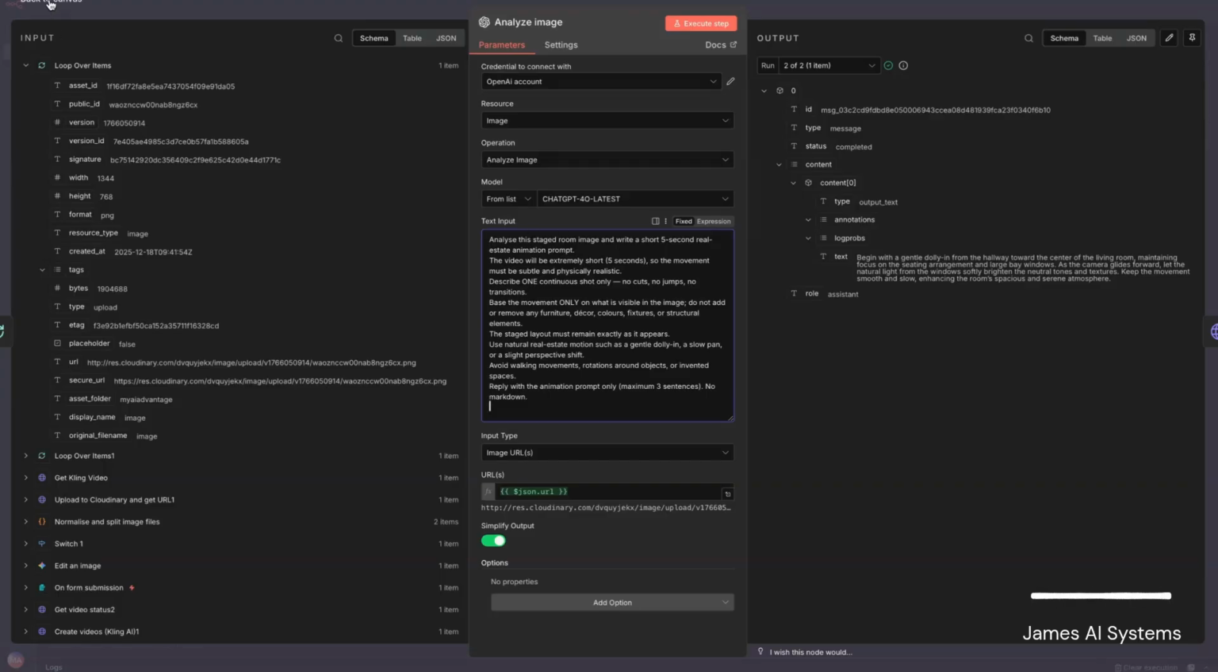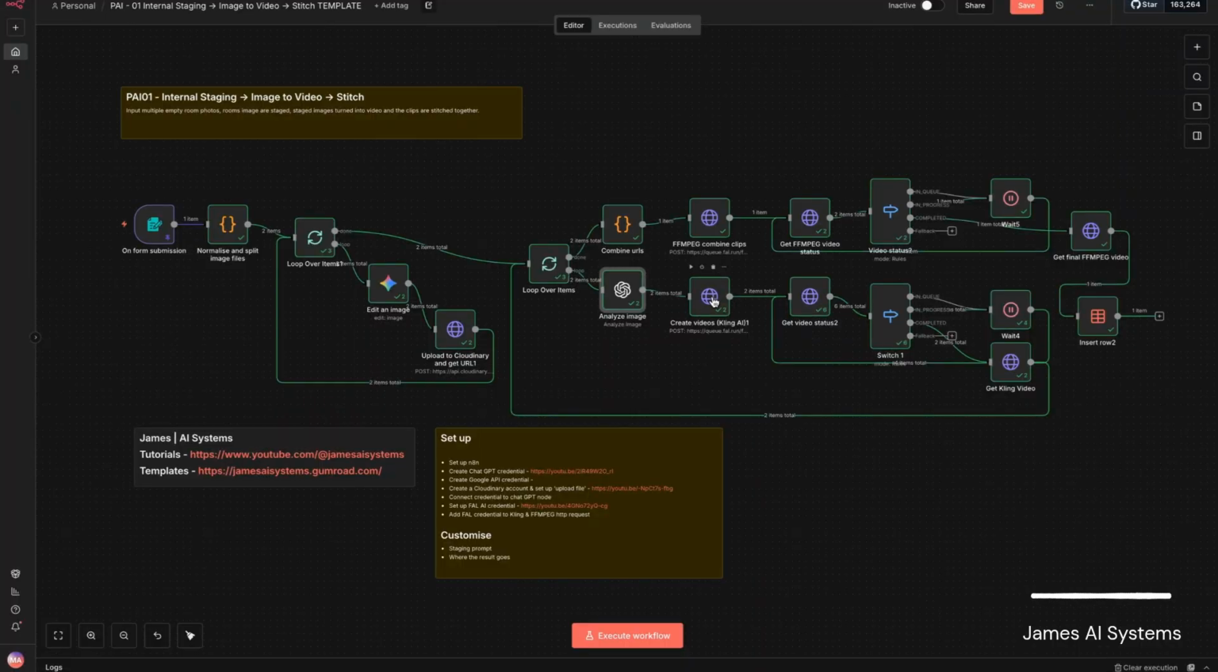so we're going to take that image and turn it into a video, and we need to prompt what we need to happen in that. This is going to have a look, and this is the output. We got: begin with a gentle dolly in from the hallway towards the centre of the living room, maintaining focus on the seating arrangement, large bay window, as the camera glides forward. It's going to look at the image and then create that prompt that will be suitable for each of the images, then pass on to the next